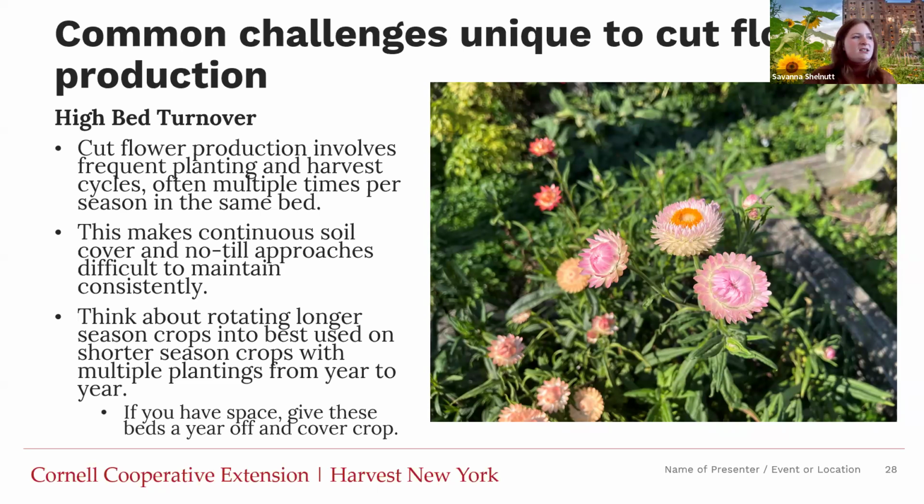So it makes continuous soil cover and no-till approaches difficult to maintain consistently occasionally. But one thing that you can do to help mitigate this is to think about rotating longer season crops interspersed with your shorter season crops to help deal with this issue. So for example, what I'm thinking is if you were having a system where you're having three different crops in a bed in a year or two different crops in a bed in a year. Next year, you follow it with something that's going to be in the bed for the whole season, like dahlias,